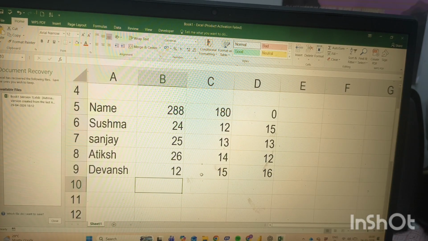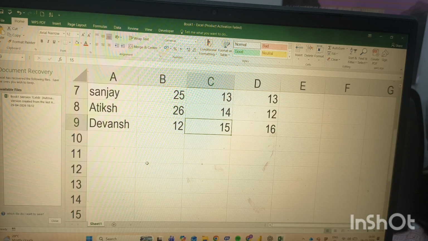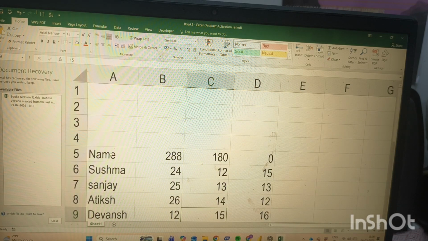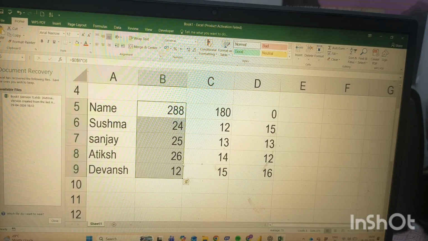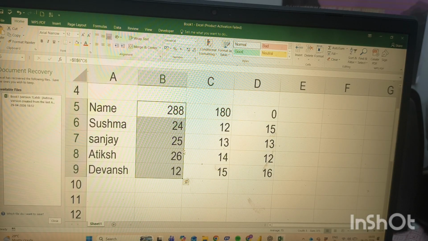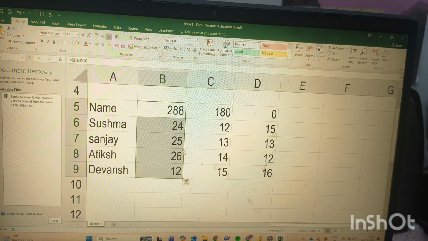And the next thing I'm going to tell you about is sorting. I will make a detailed video about absolute reference and mixed reference.